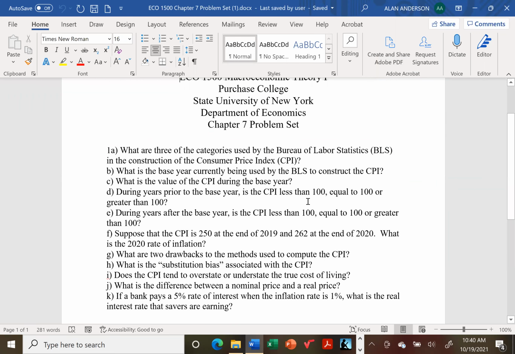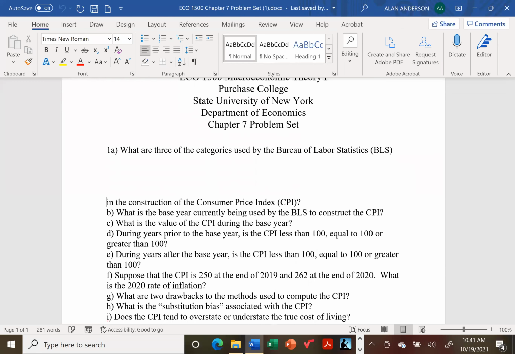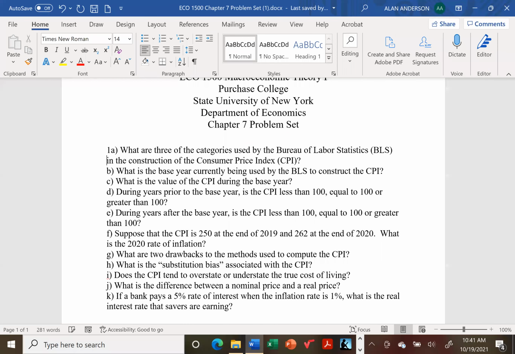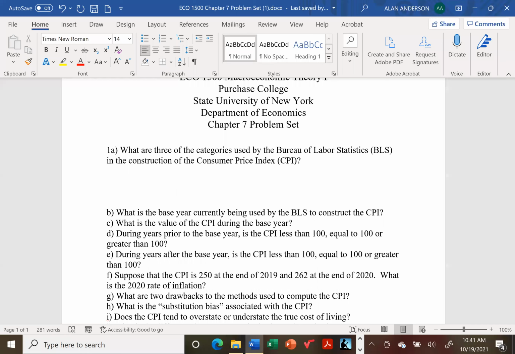There we go. All right, what are 3 of the categories used by the Bureau of Labor Statistics in the construction of the CPI? Now, what they mean here, what it means here is that,